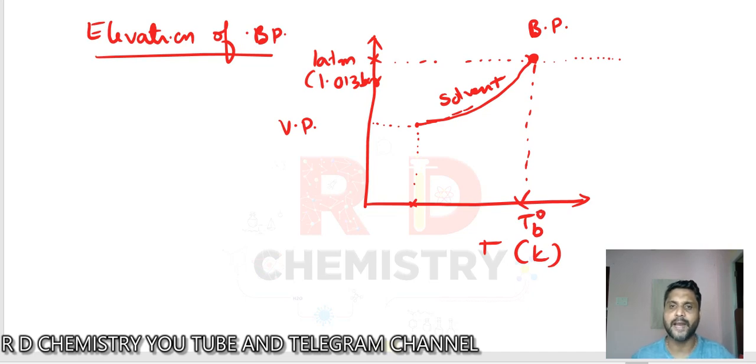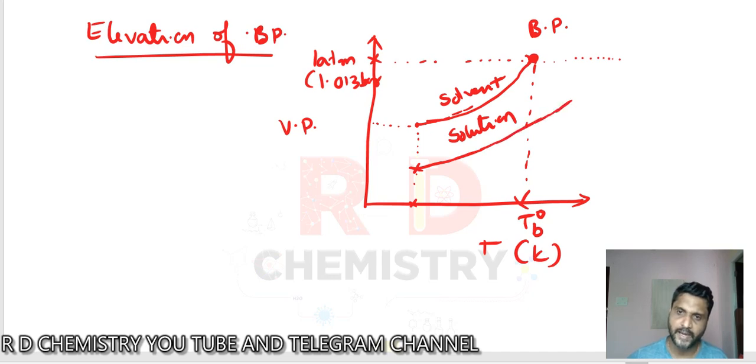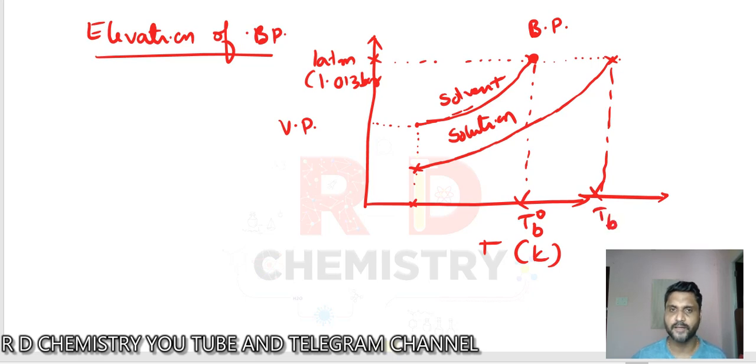Now to this solvent, add solute and it becomes a solution. When I add the solute into the solvent and it becomes a solution, its vapor pressure actually decreases. I want to boil that liquid now from the room temperature. As the temperature increases, the vaporization also increases, the vapor pressure increases, and it will finally boil at a temperature which is greater than the previous value. Let it be TB. Got it? So now the boiling point of the solution increases. This difference is called delta TB, and that is called the elevation of boiling point. Clear? Right?